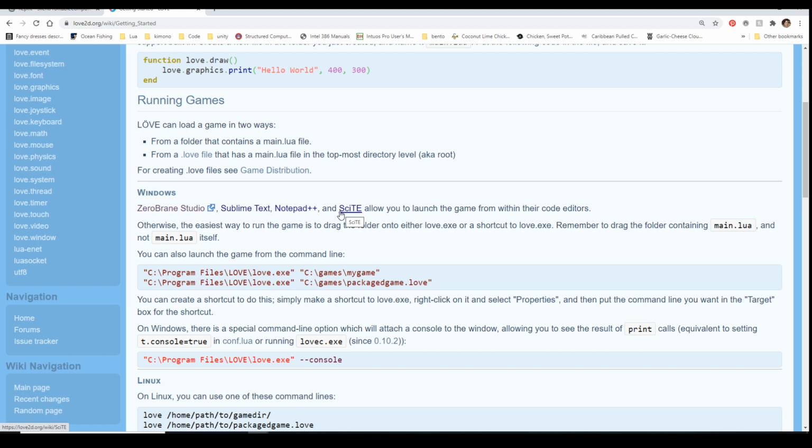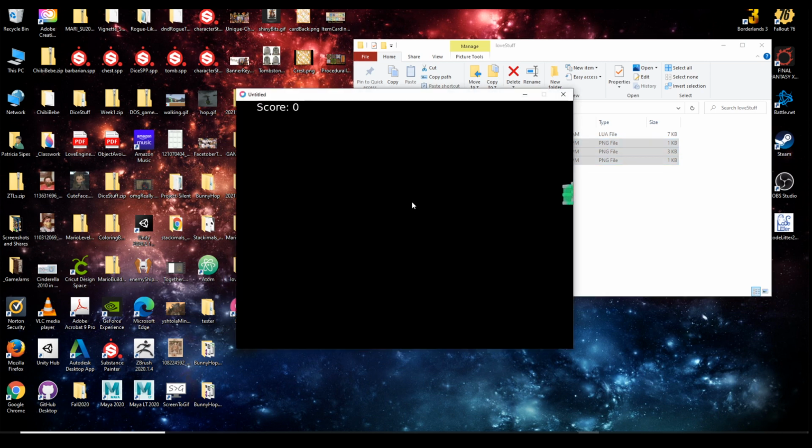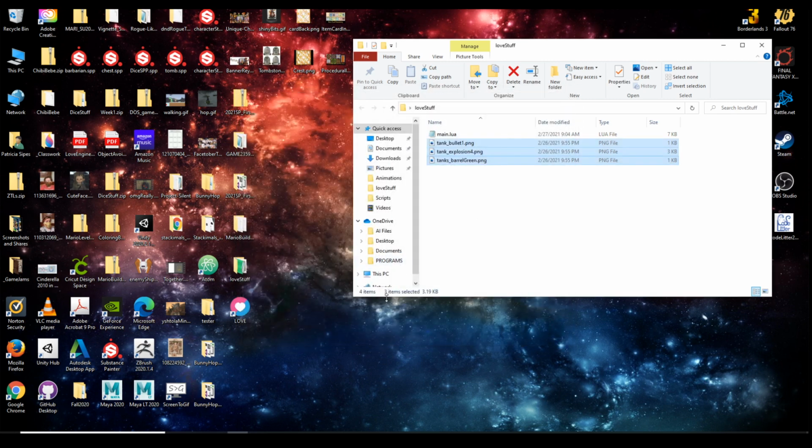It just depends on what you want to do. So basically, if you're going to do it this way, you'll code in whatever you want and put everything together in a folder. To see if it's running, you'll grab the folder and drop it onto your Love icon, and it'll run the game. If REPL's not working, it's either just not your time to work in REPL, or you have to find a different workaround.